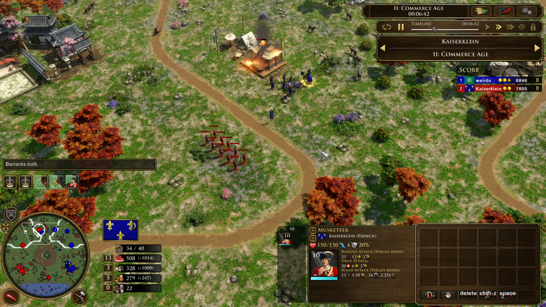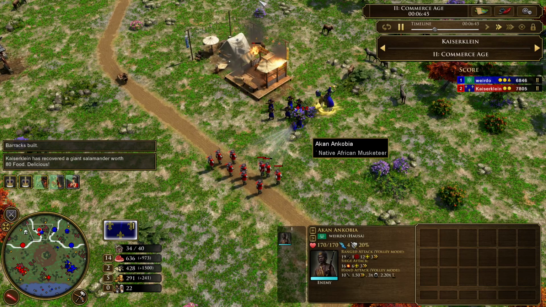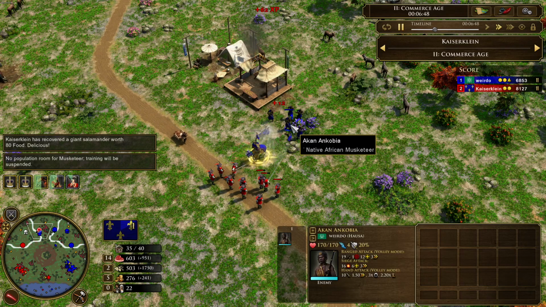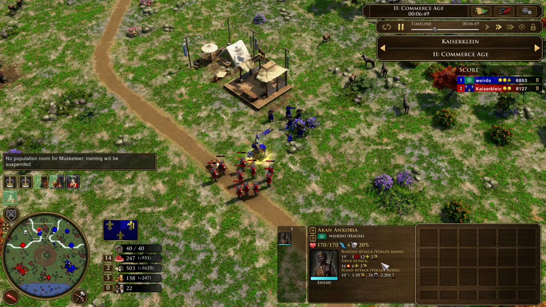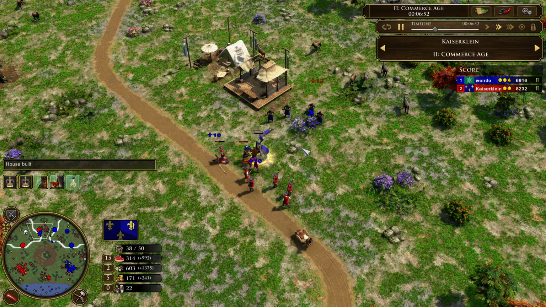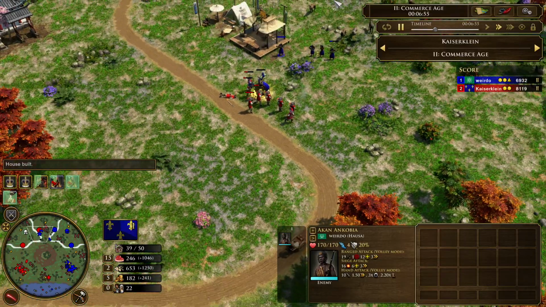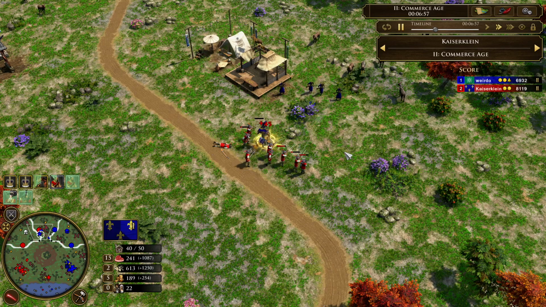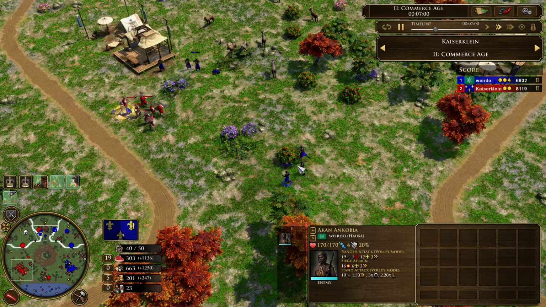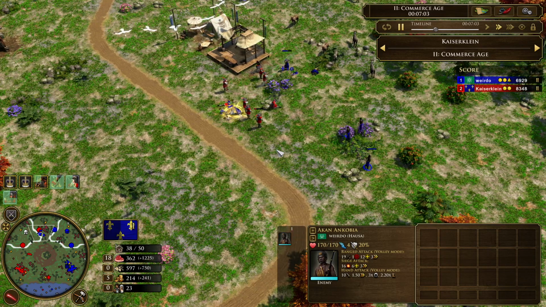Now the army of 10 musketeers come closer. They just take out the first Akan. Special thing about these Akan Ankobias is they have an area of splash damage. Crazy rifles. And another batch of 3 Akan Ankobias now joining the fight. We'll probably be able to